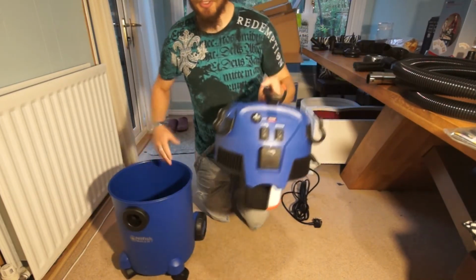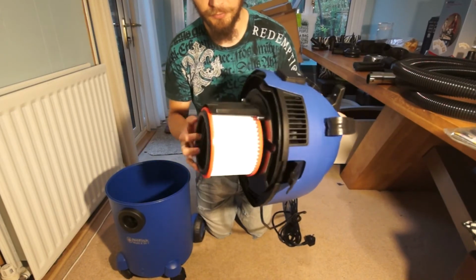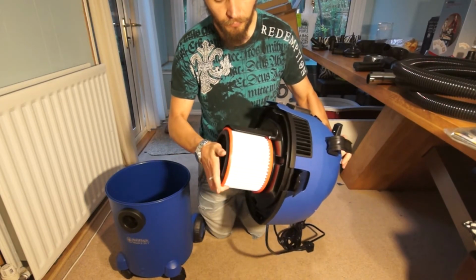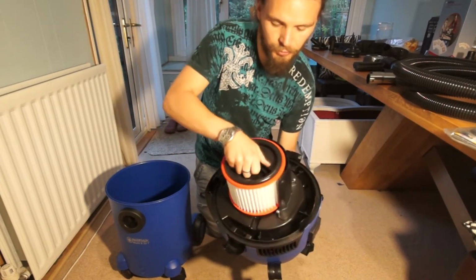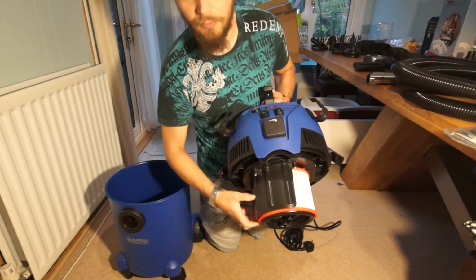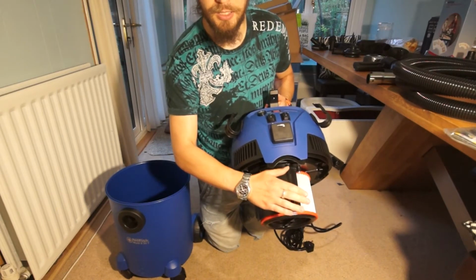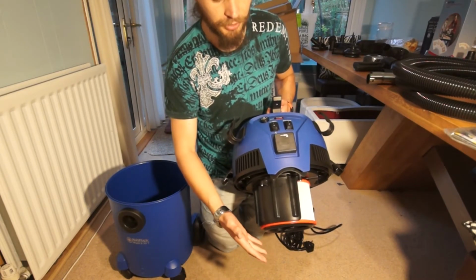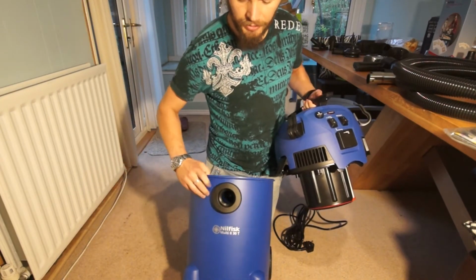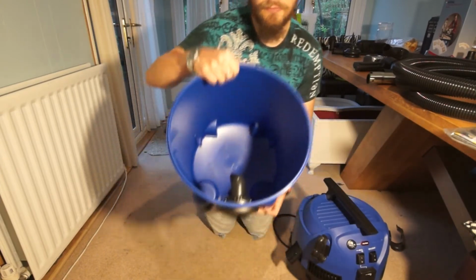So the top bit is where all the weight is. You've got the motor in there along with the filter. It is quite a big filter and it's waterproof by default. You've just got a screw on the top here, and as you might have noticed there's a big bracket around the side here, and that's going to protect it from whatever's coming in as you're vacuum cleaning. So on the front of the tank here you've got the inlet just in here, and on the inside